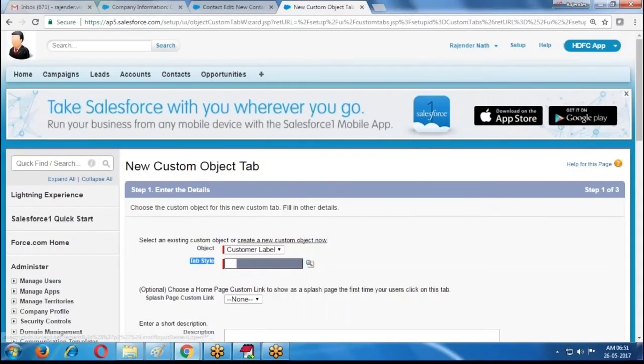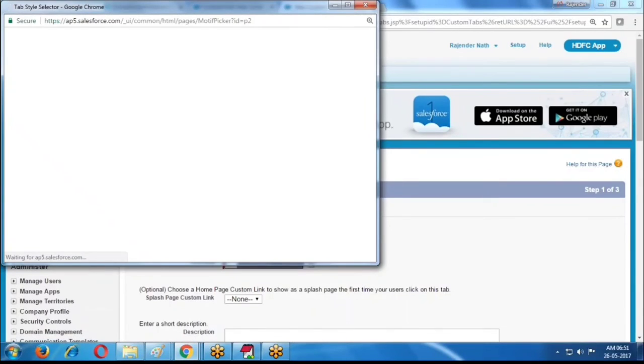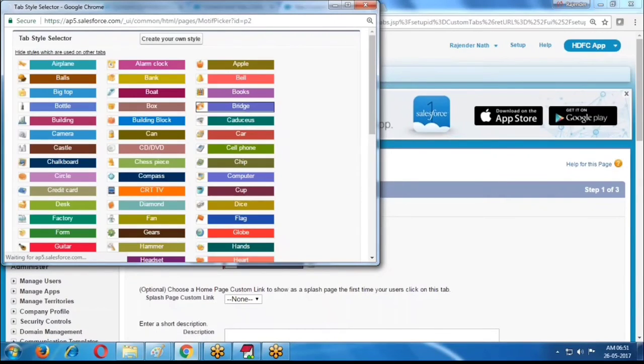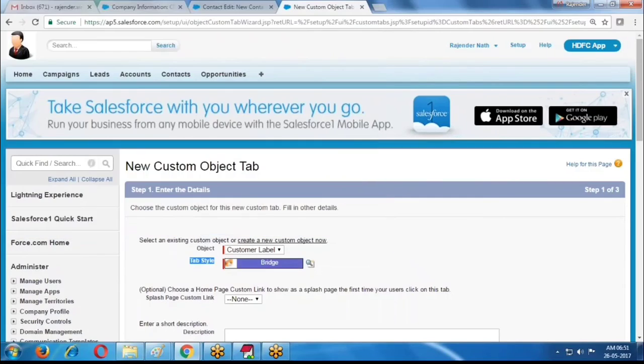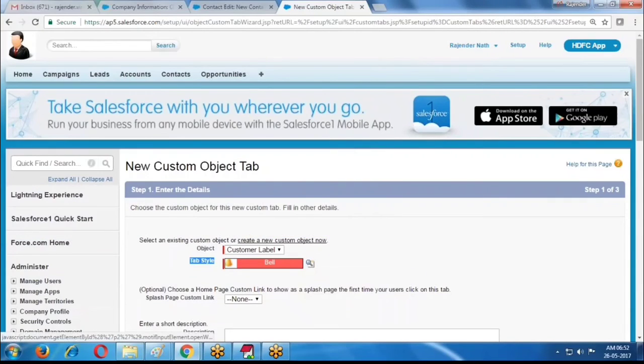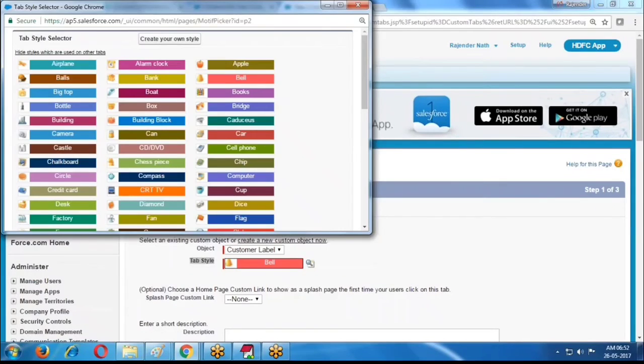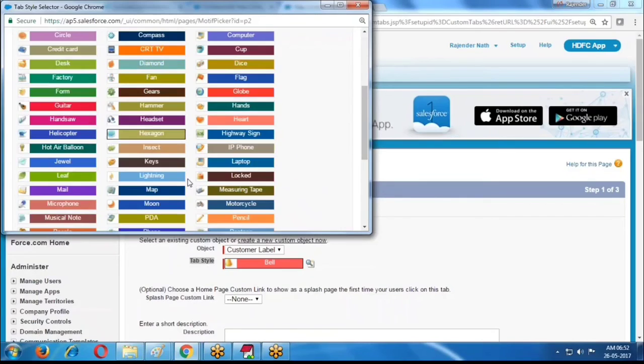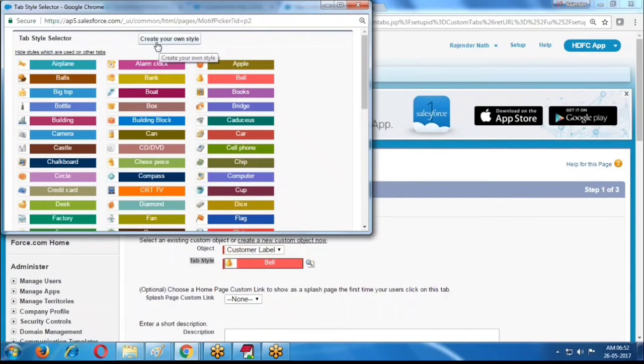So here also for the Customer object, you can select something. I am selecting this color and this image. Or if I don't want to use this color and image, and I require a customer image only, can I provide my own image and my own color? Yes, you can select your own color and own image. How to select? Instead of selecting from this, just create your own style. What is the button name? Create Your Own Style is the button.